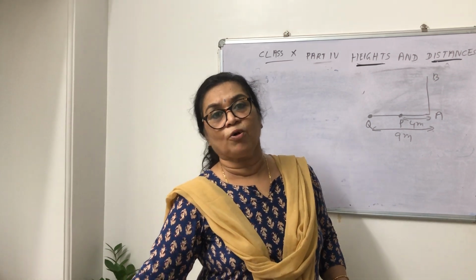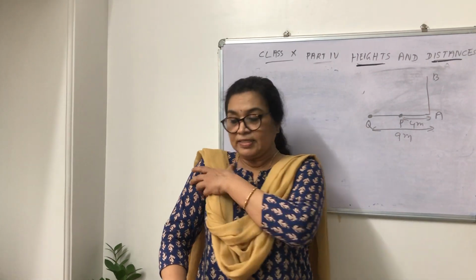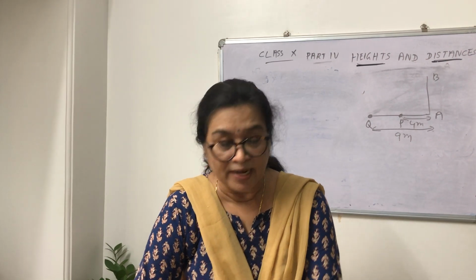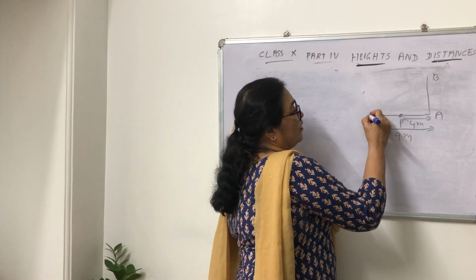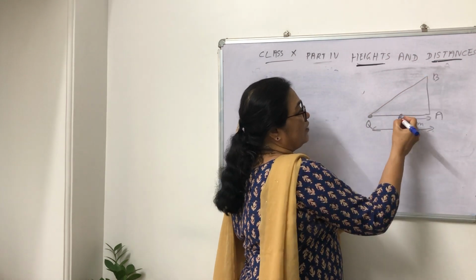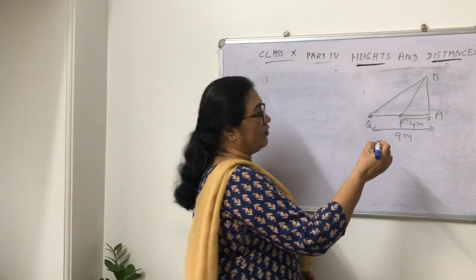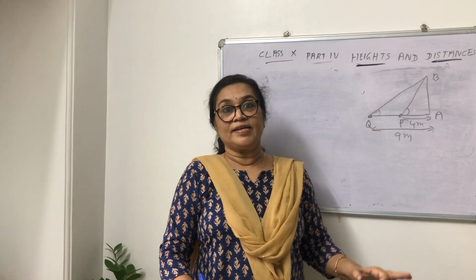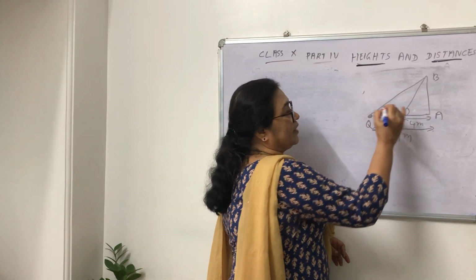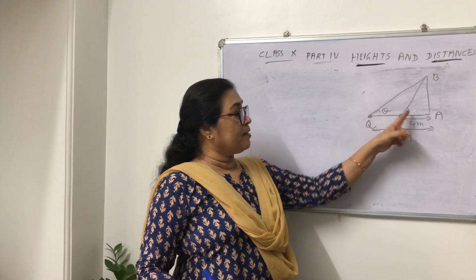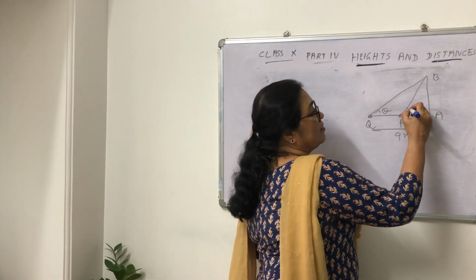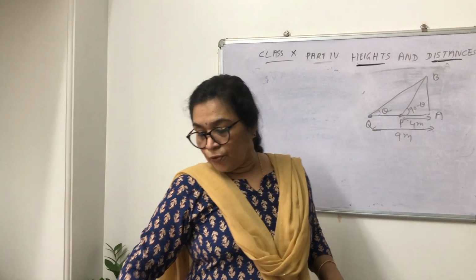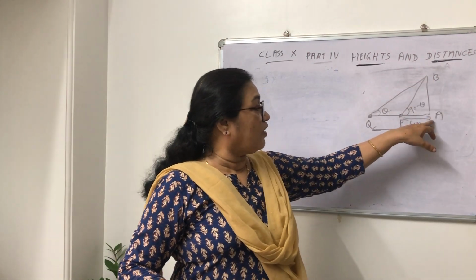You know what you mean by complementary angle? Sum of the two angle is 90 degree. So suppose, see, angle of elevation. This is one angle of elevation and this is another angle of elevation. These two angles when you add, you are getting 90 degree, complementary angle. Suppose this angle I am taking as theta. Sum of this is 90, means this will become 90 minus theta. You need to prove that the height of this tower is 6 meters.